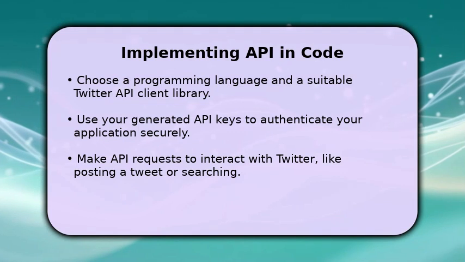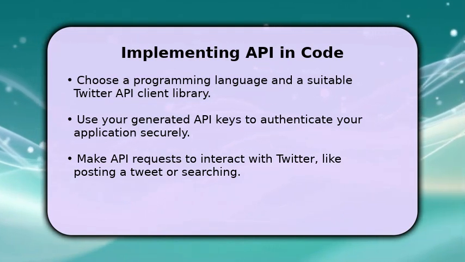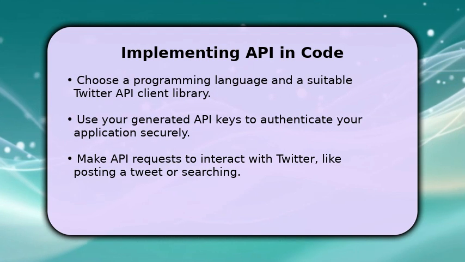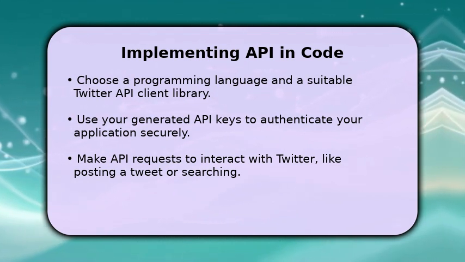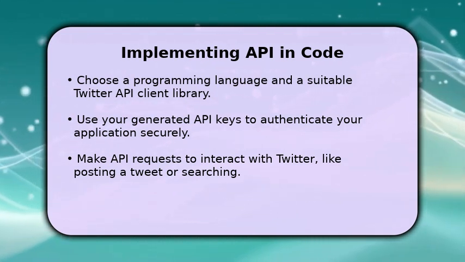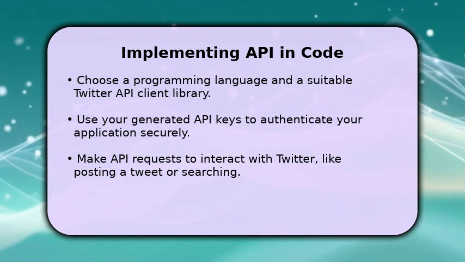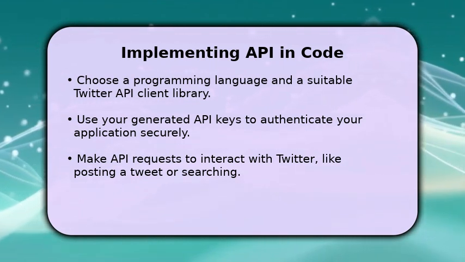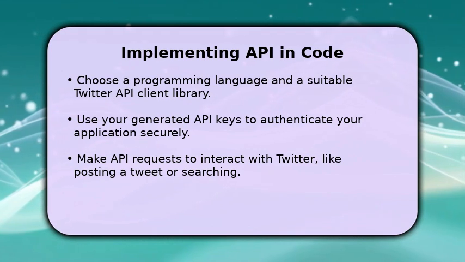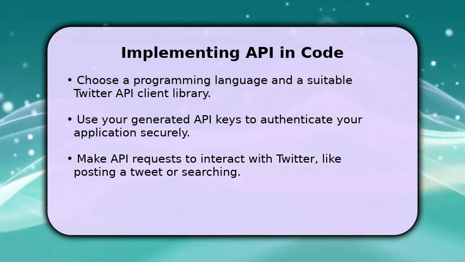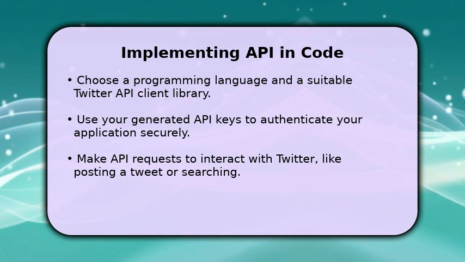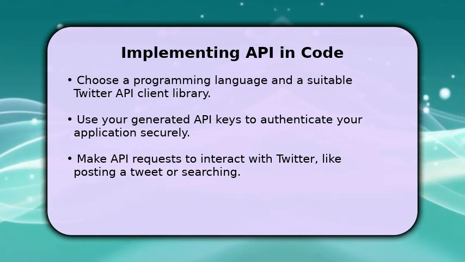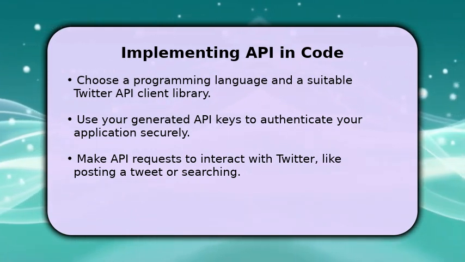To start interacting with the Twitter API, select a programming language you're comfortable with, such as Python or JavaScript. Many languages have excellent client libraries that simplify API calls. You'll use your previously generated API keys to authenticate your application. With authentication set up, you can then make various API requests, like posting a new tweet, searching for specific content, or fetching user